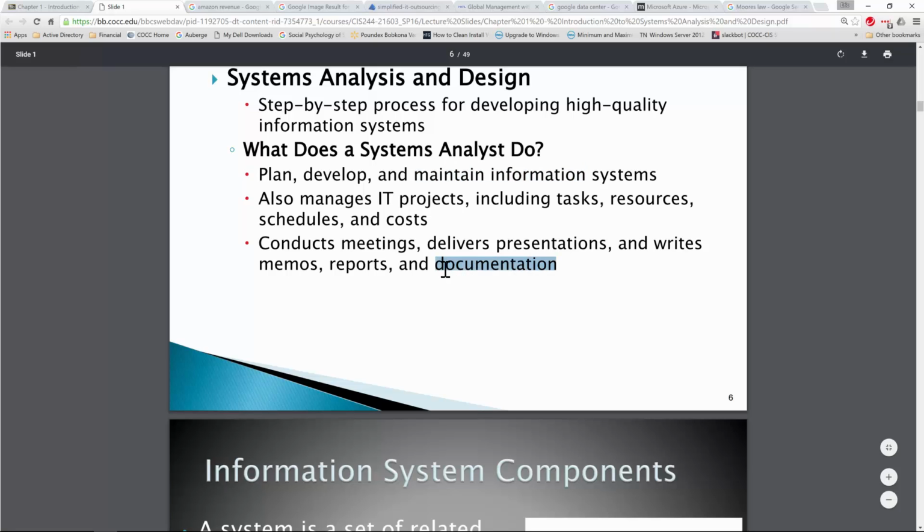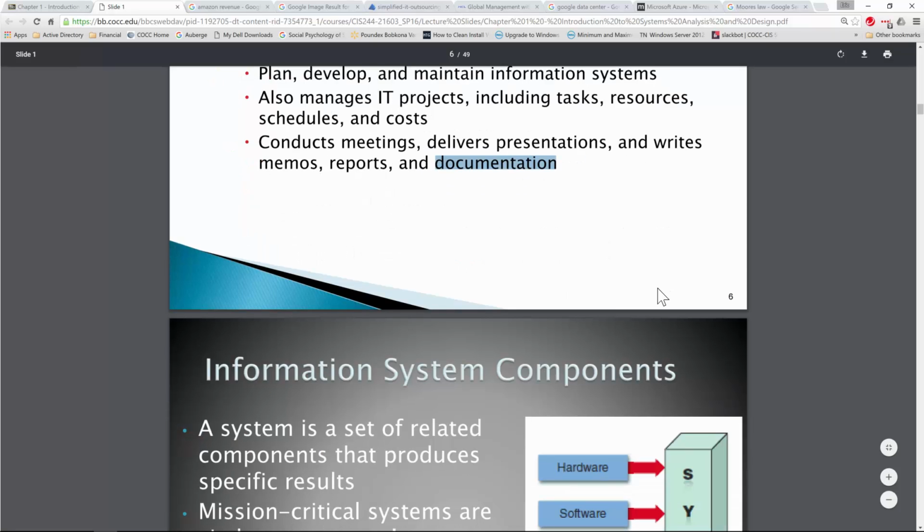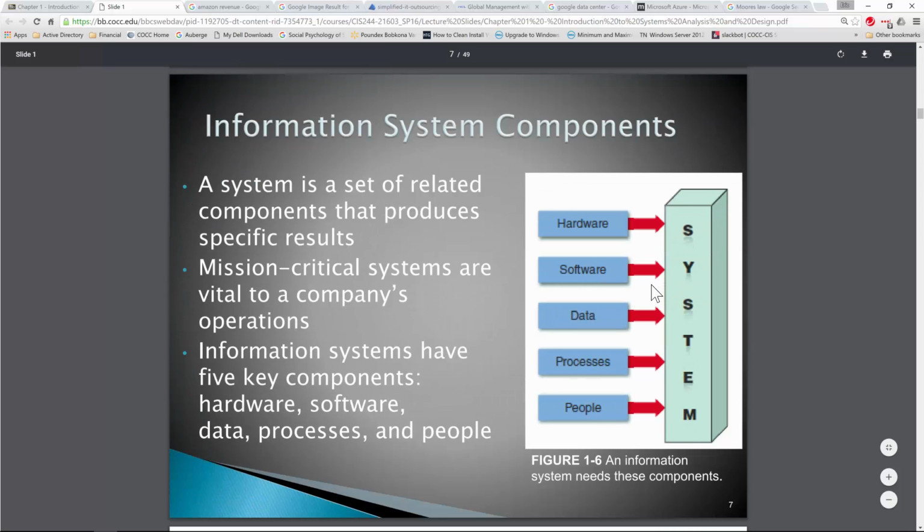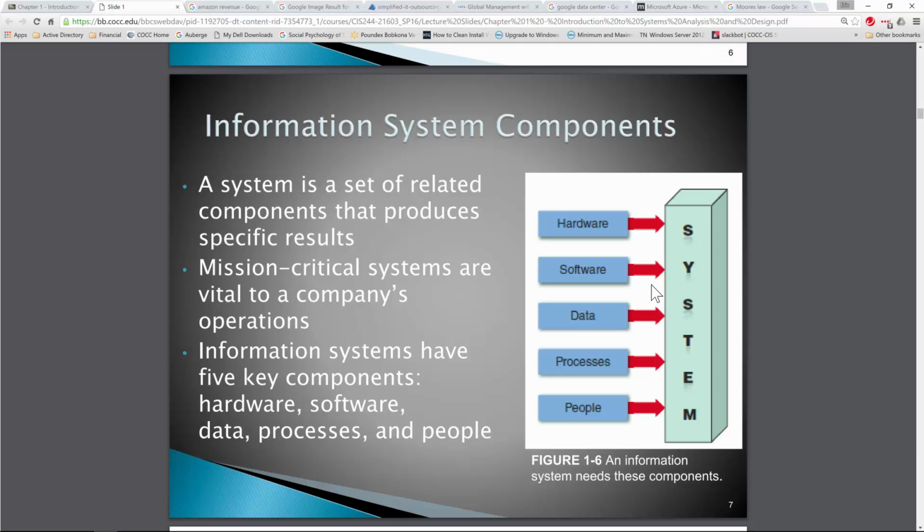Cannot kick on that enough. Document, document, document. We'll talk more about that. Huge part of the planning phase. If we document what we need in the planning phase, we're most likely going to get that when it's programmed, when it's implemented, when it's tested, when data is converted, and we're ready to go live with a new information